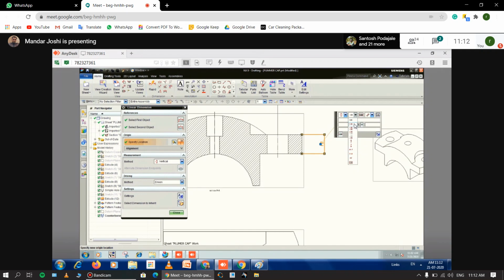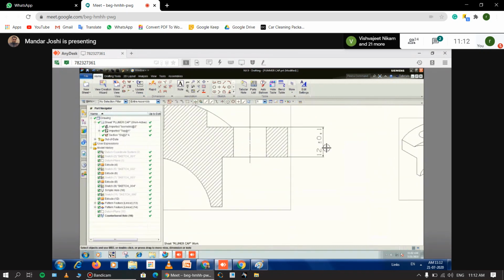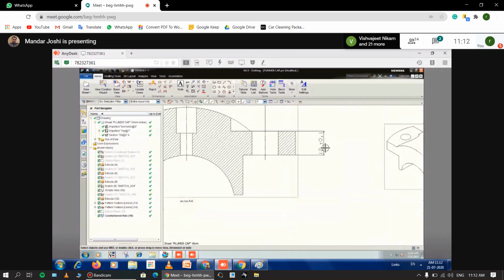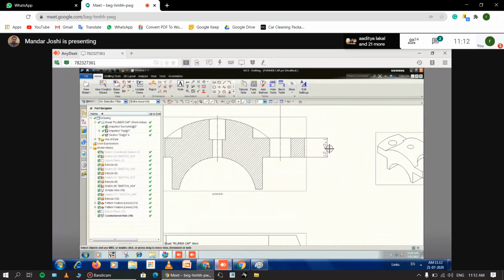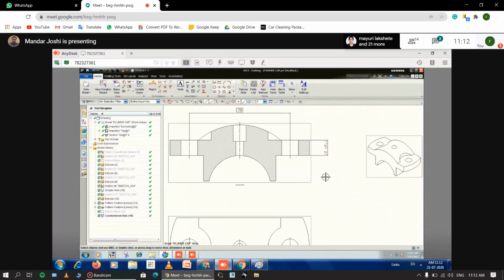Apart from this, we have to use the second option, equal bilateral tolerance, for the symmetric value and put the value here. Here you have to put the tolerance value. How much is it given? I think 0.1. So I take 0.1 here, then press the enter key or middle click. Okay, but it shows a comma, it is not showing the decimal point here. So for that there is a setting. I will tell you that setting in the next class.